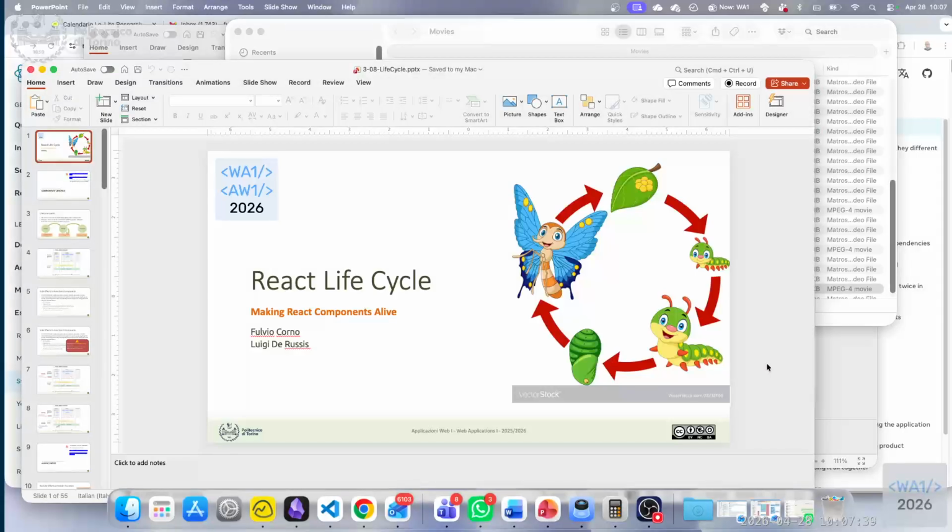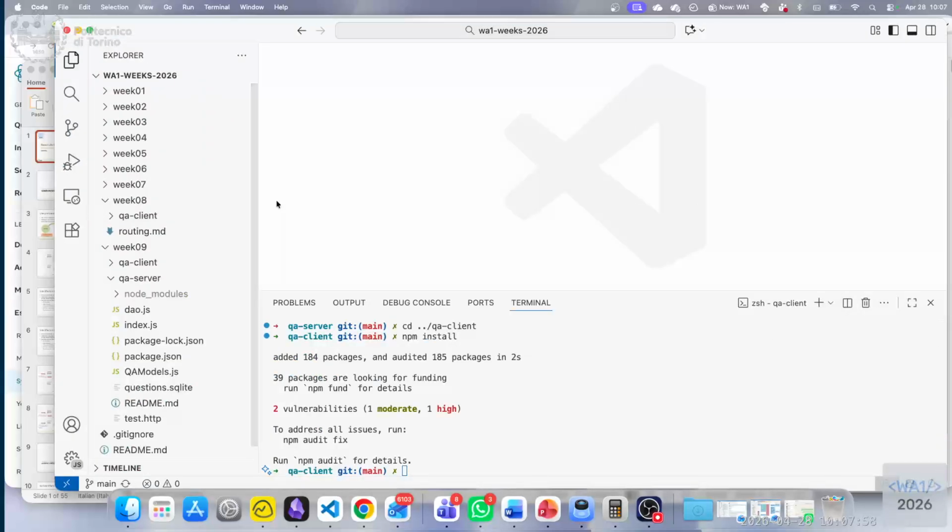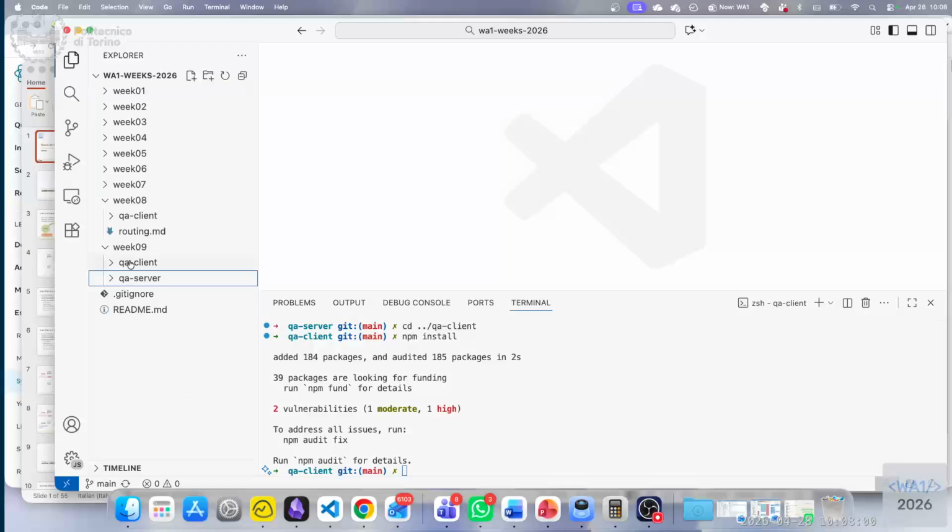The goal for today is to start putting together all the pieces from the front end and the back end of our application. Okay, so right now we know how to implement an API server. We know how to implement a React application that works on its own, but we try to see what is needed to put them together so that the client can use the API, can exploit the data and the services